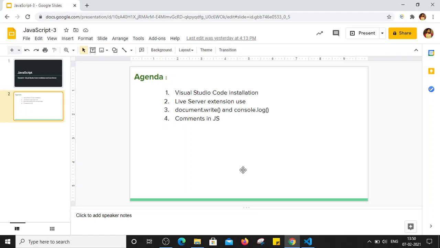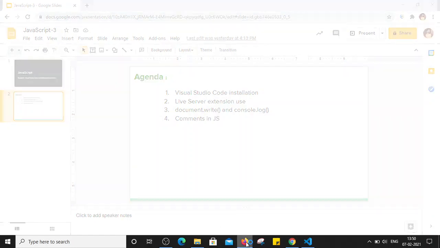Visual Studio Code is a code editor. To write code, we can use multiple text editors like Notepad or Notepad++. But there are benefits of using code editors. There are multiple plugins and different types of features available which enhance writing code in our editors. If we use a code editor, it gives a better experience while writing code. Visual Studio Code is the one we are going to use. So let's see how we can install it.